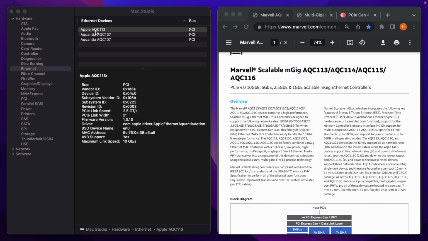In this video, let me compare the performance of the 10 gigabit adapters with the Mac Studio's built-in 10 gigabit RJ45. As you know, the most important thing when we talk about a NIC or network controller is its chip. So let's first check what chip is used in the Mac Studio and what chip is in the two external